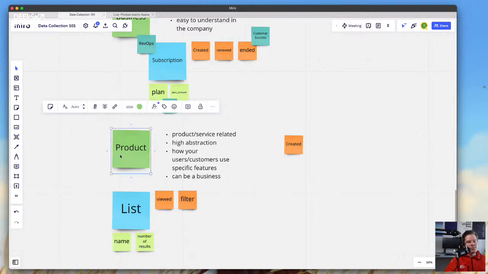But I see product as a level above that, so that you make sure that you really cluster your events that you want to track around the different kinds of, let's say, product features or product entities you have in your product. And so if you go on this level higher, this is the exercise we do today, then you will see you won't have so many entities there. And you will see you don't need so many different kinds of activities or events to track all these things. And so you make sure that you have a very solid product event setup that also can stay for some time,